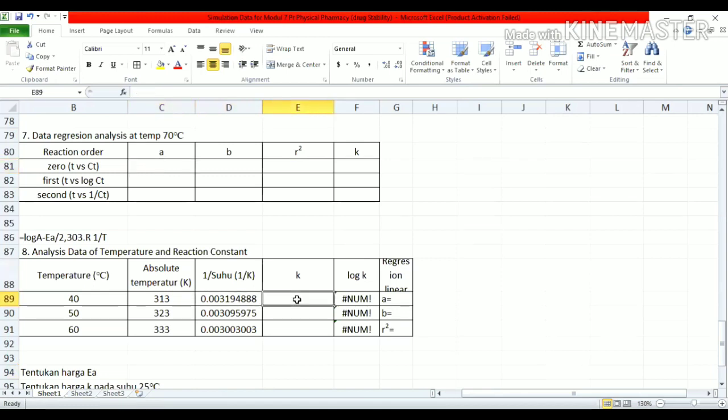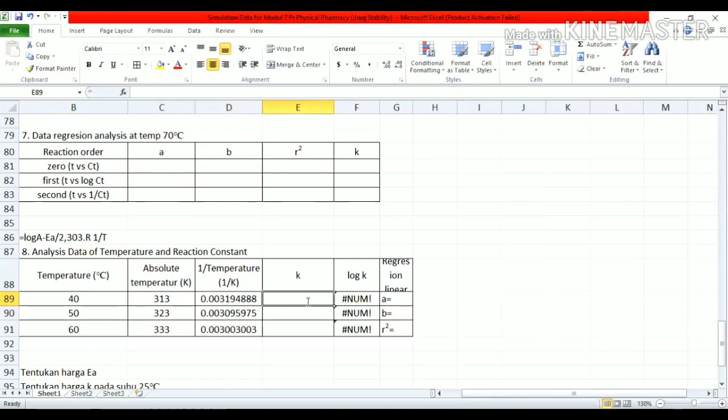And how about the K? The K we can get from the previous data. For example, for the first temperature, 40 degrees Celsius, the K is 0.0069, as you can see here in the first analysis. And for example, at 50 degrees Celsius, we got the K value of 0.033, and at 60 degrees Celsius, we got the K value of